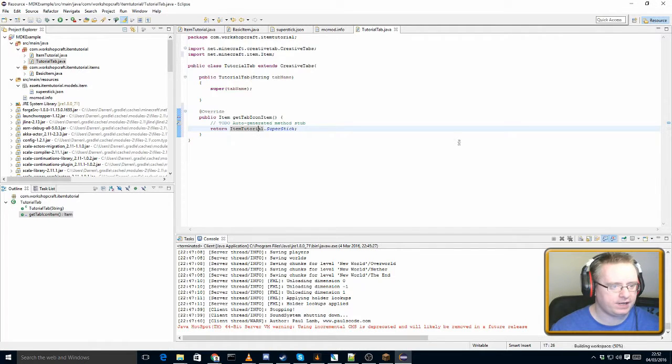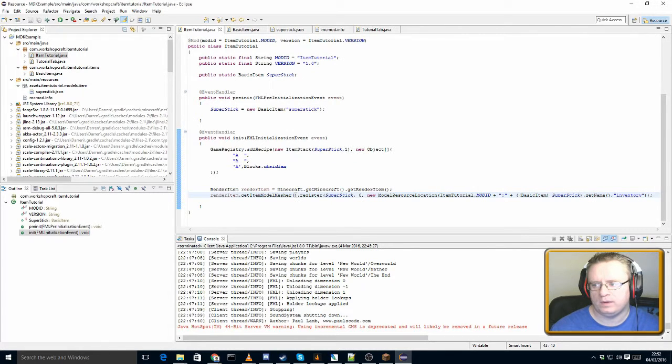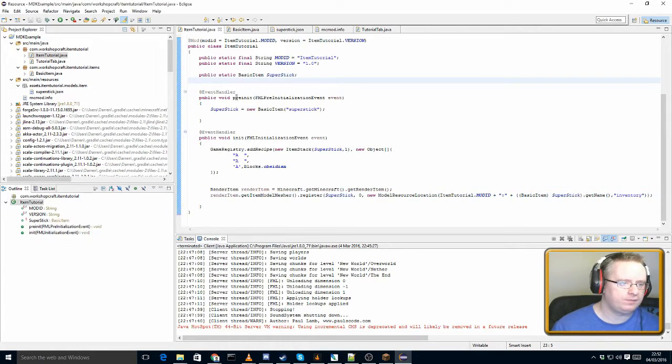We don't need to go in here ever again, as far as I'm aware. We do need to implement this within the actual main file itself, though. What we need to do is create the creative tab. Okay, so this is very simple. It's simply public static, and then it's, yeah, what's that? Tutorial tab. Tutorial tab. My